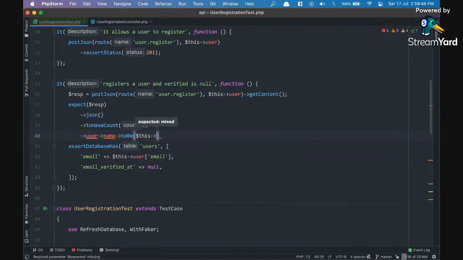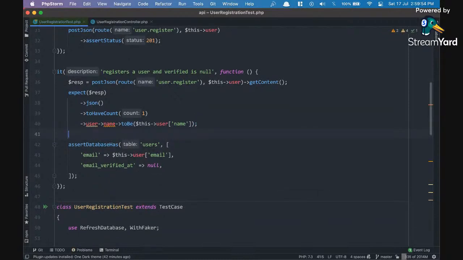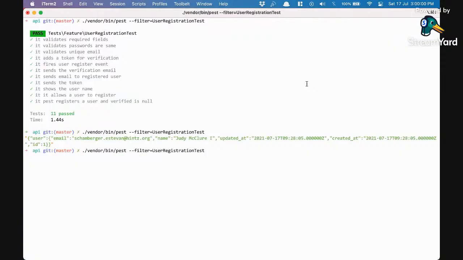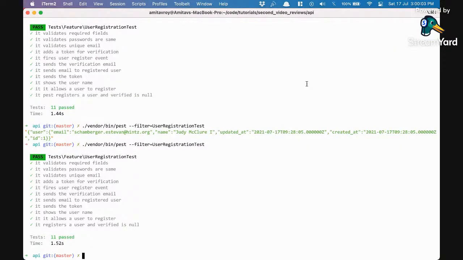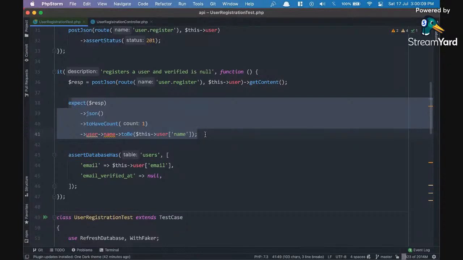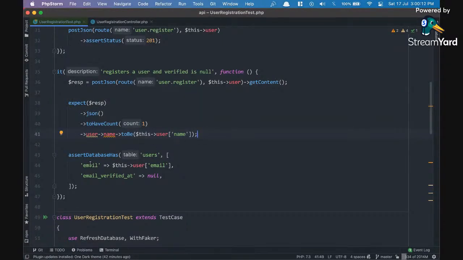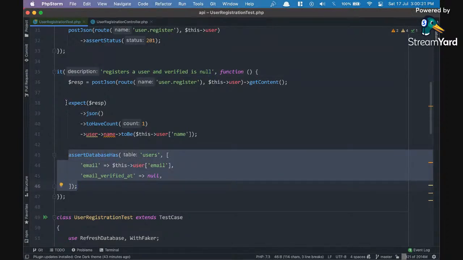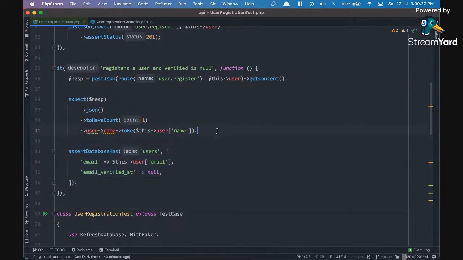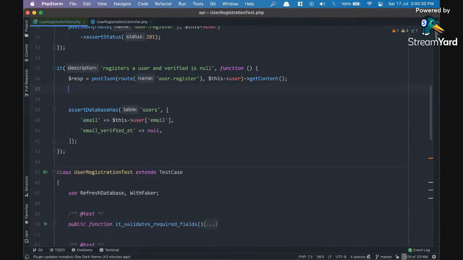This user name. Let me run the test and see what's happening. Okay, so I can assert in this fashion as well. This is one way of asserting our JSON, although primarily we were testing that the user verified is null, which is inside the database, but I can validate the JSON like this as well. So this is one way where we can test, but then let's look at how we can also use the